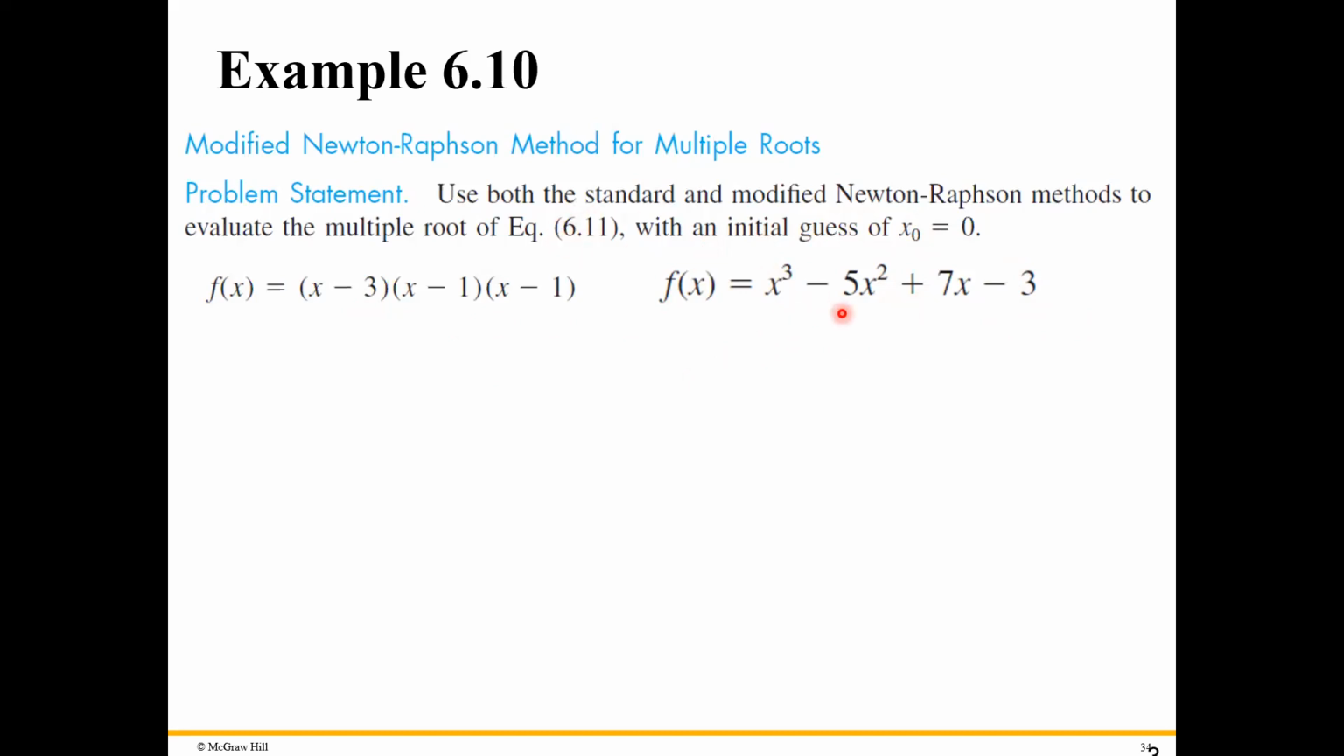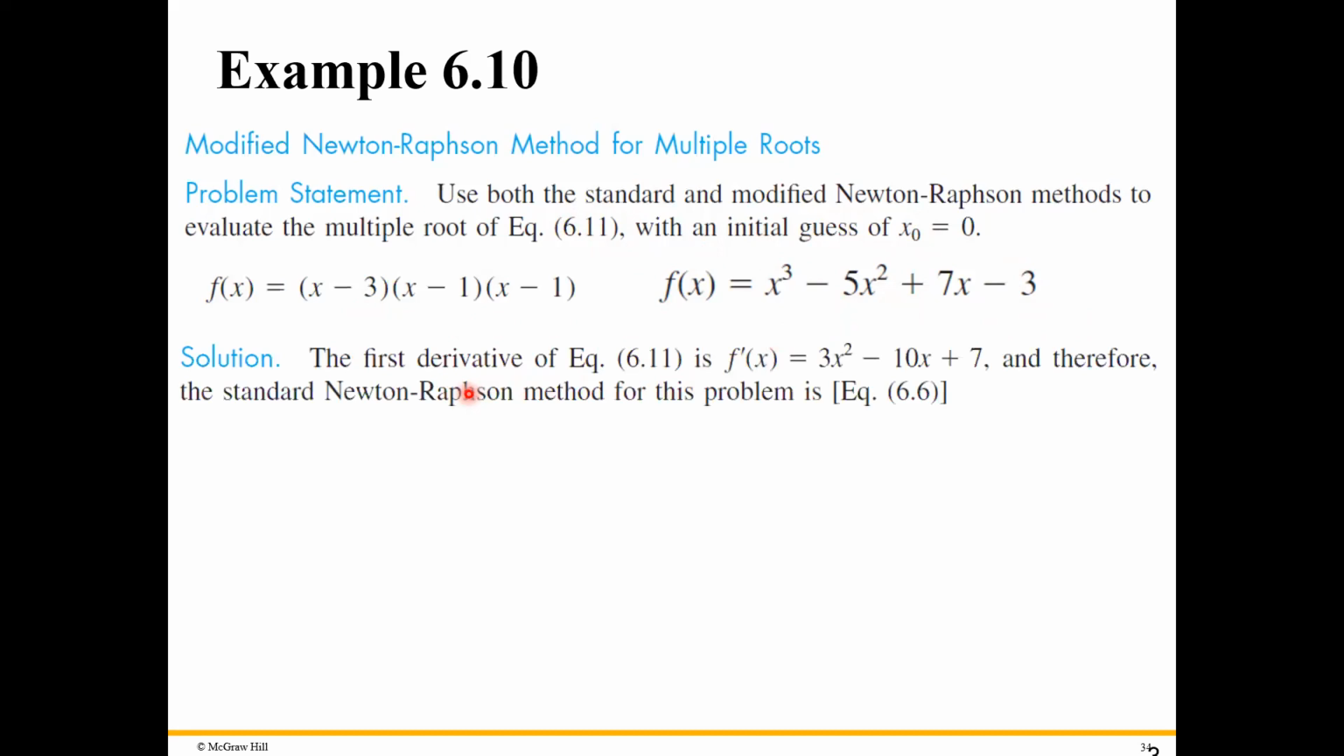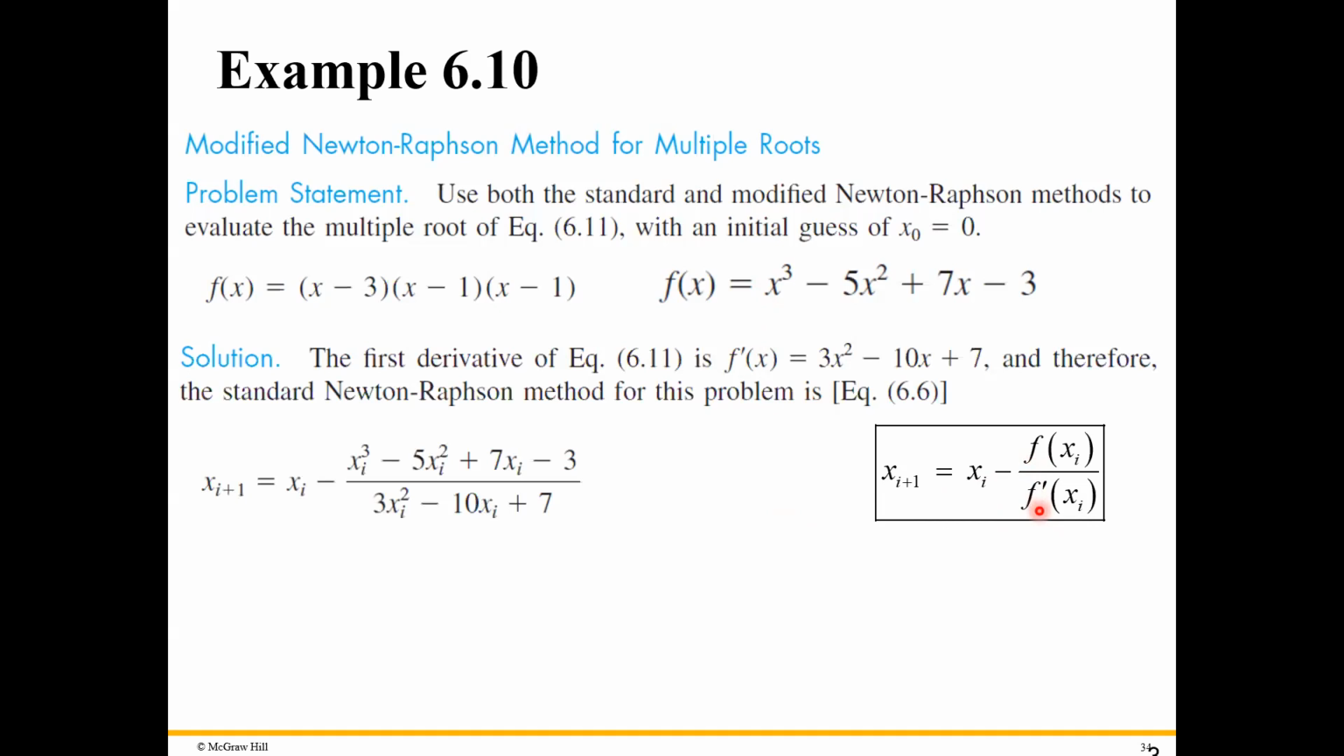So equation 6.11 is this, and now we want to apply the modified Newton-Raphson method. For that, we need f'(x) and also f''(x). By the standard method, we have this equation, x_i minus f(x) divided by f'(x). If we apply the standard method in this case, the Newton-Raphson equation